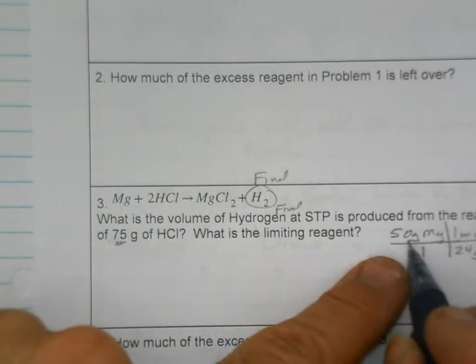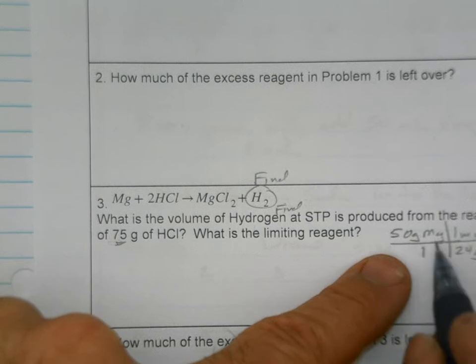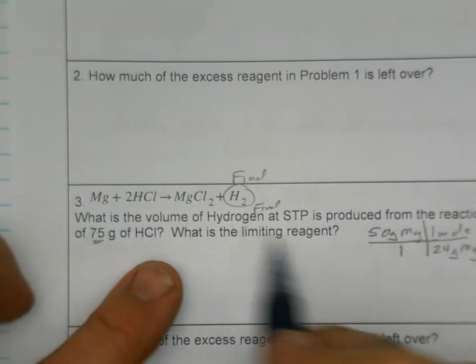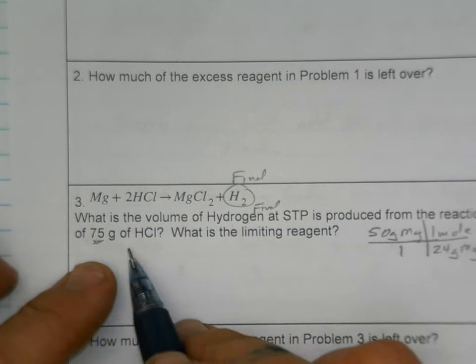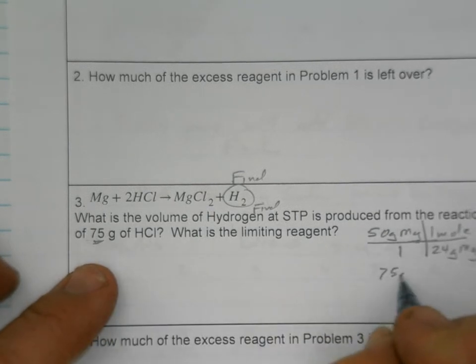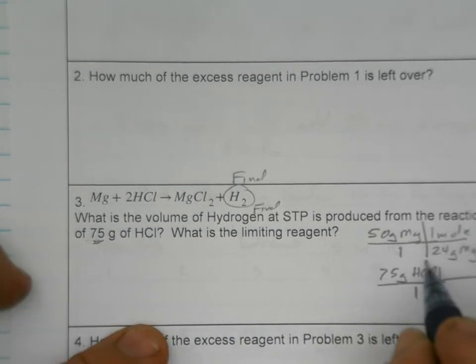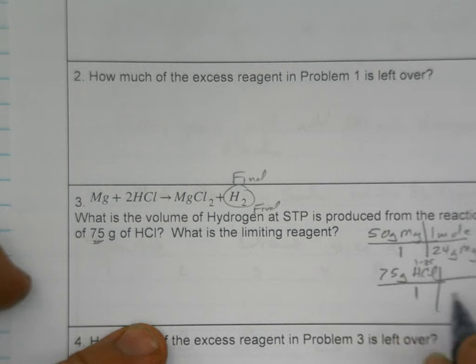So I can tell I've got a little bit over 2 moles here. Now I'm going to see what we have of the other given, 75 grams of hydrogen chloride, HCl, hydrochloric acid. Chlorine is 35, hydrogen is 1, so the molar mass for HCl is going to be 36 grams of HCl